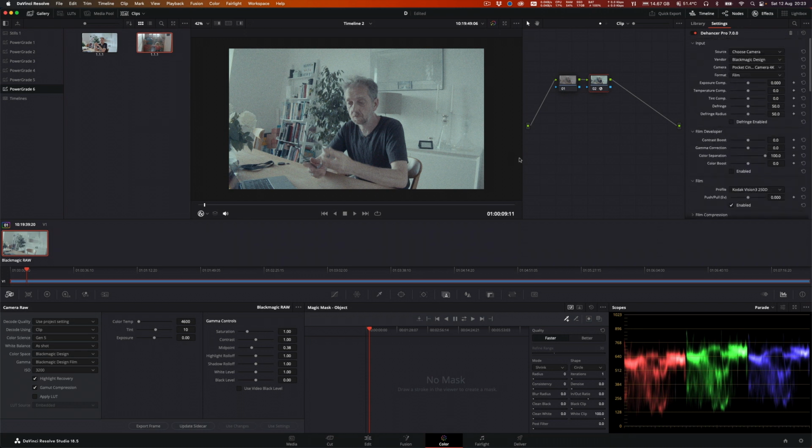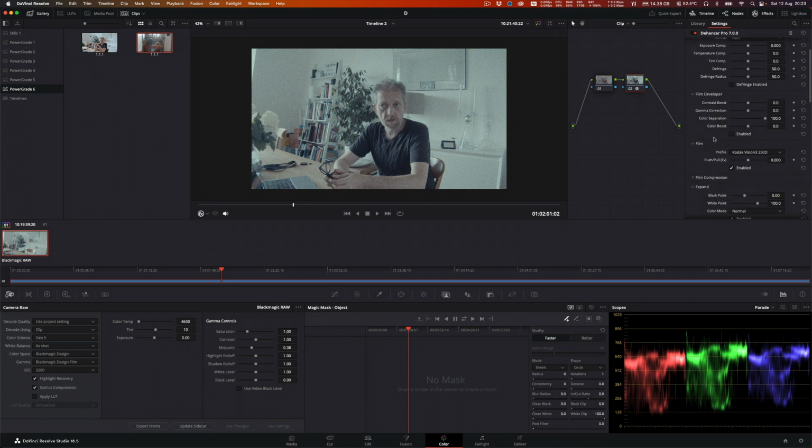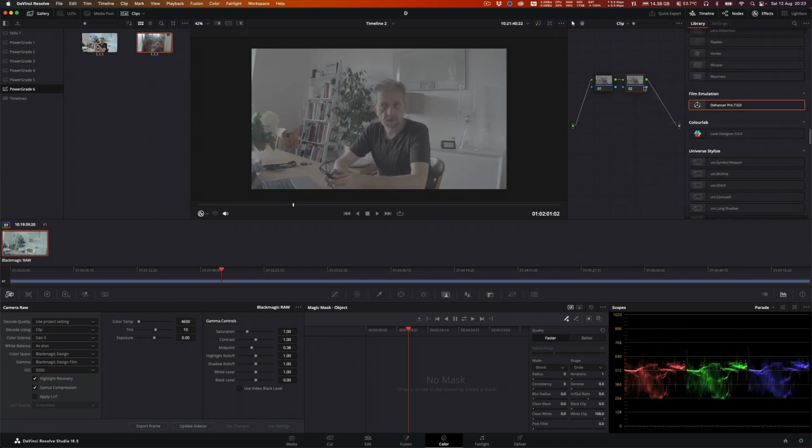And let's have a look at the image. That's not great. That grain is gigantic. Now, obviously this is HD. The project's in HD, so 35mm grain is a bit too, well, I don't know, that's just not right, is it? That's huge. And also that looks nothing like Kodak 250 straight off the bat, even though I've got the right selections in here. So, all right, so let's jump out of this, and I'm going to reset that node,